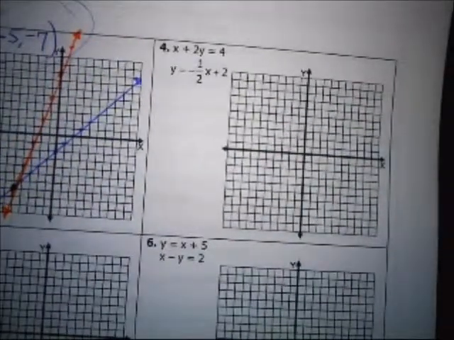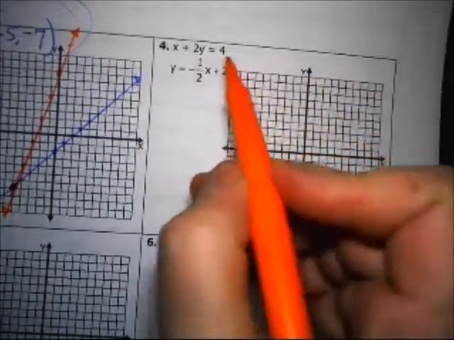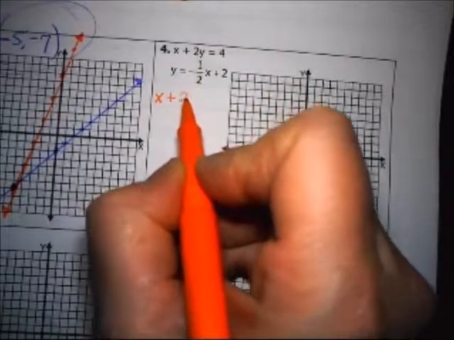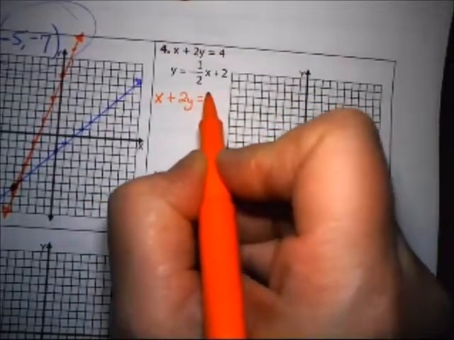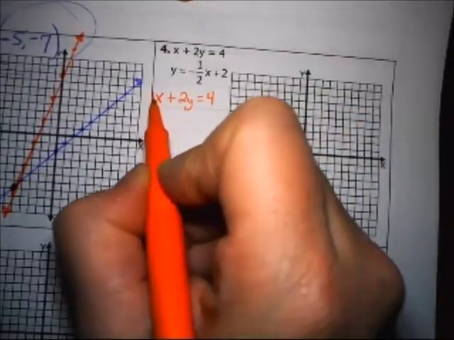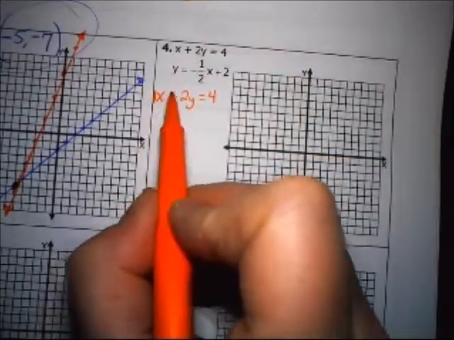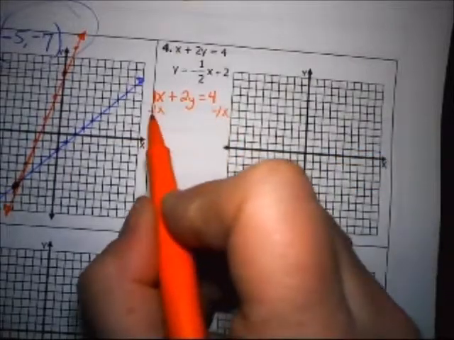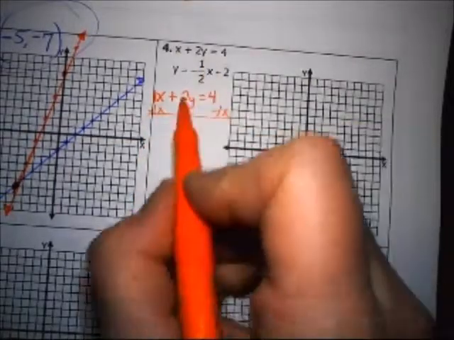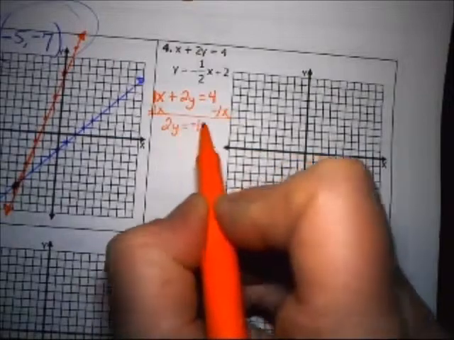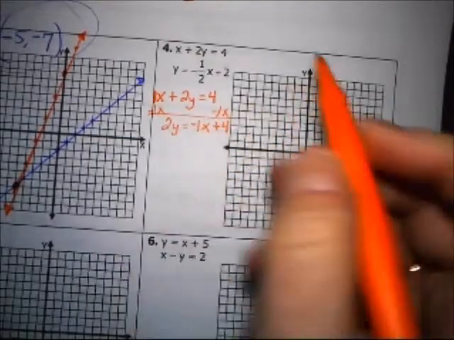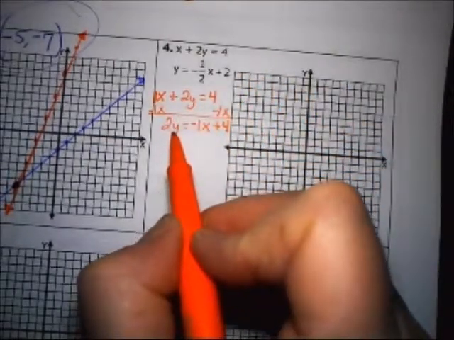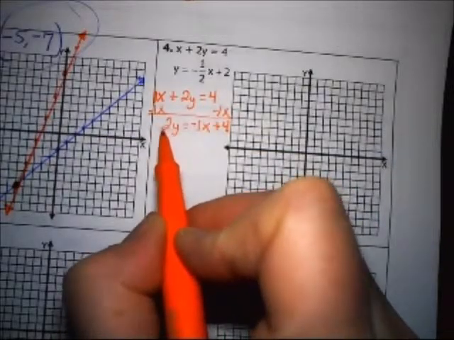Okay. On number 4, the first equation, x plus 2y equals 4, is not written in the correct order. So I'm going to bring it down here so I can manipulate it. I notice the x has got to go to the right side, so I'm going to subtract the 1x. That gives me 2y is equal to negative 1x plus 4, but the y is still not by itself, so now I have to divide by 2,